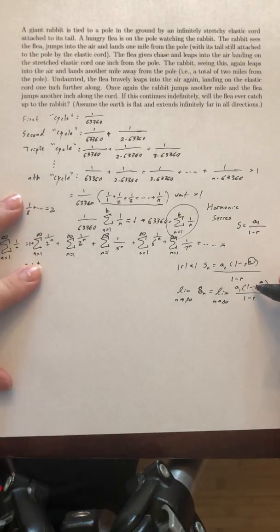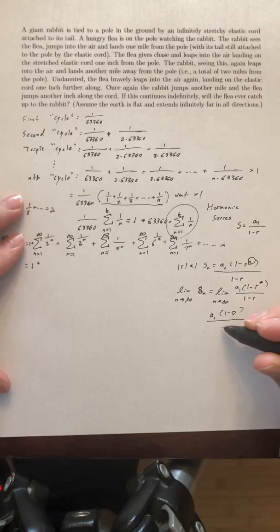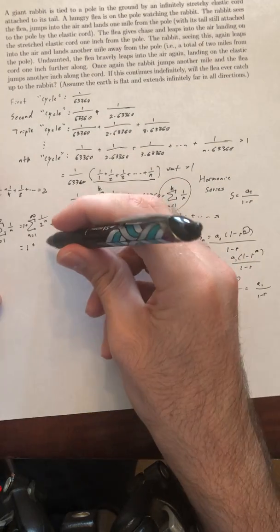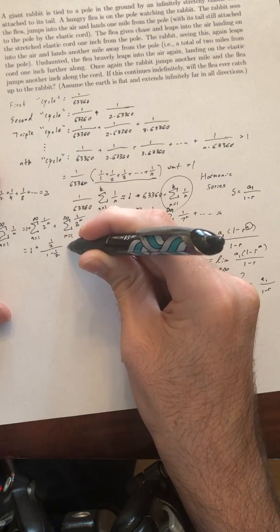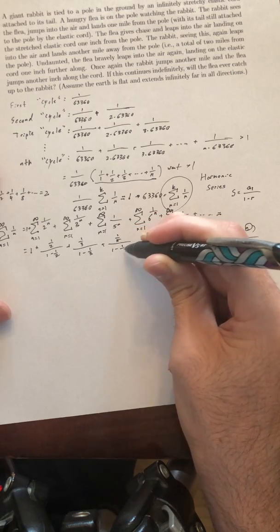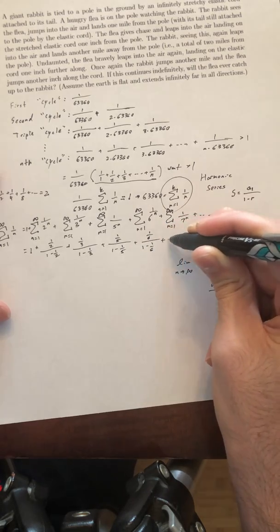So basically, you get a sub 1 times 1 minus 0 over 1 minus r. And obviously, 1 minus 0 is 1, so a sub 1 over 1 minus r. That's where that formula comes from. Okay, so now we've established that. So this first sum here is given by 1/2 over 1 minus a half, plus this one here is given by 1/3 over 1 minus 1/3, and this is 1/5 over 1 minus 1/5, plus 1/6 over 1 minus 1/6, plus ...